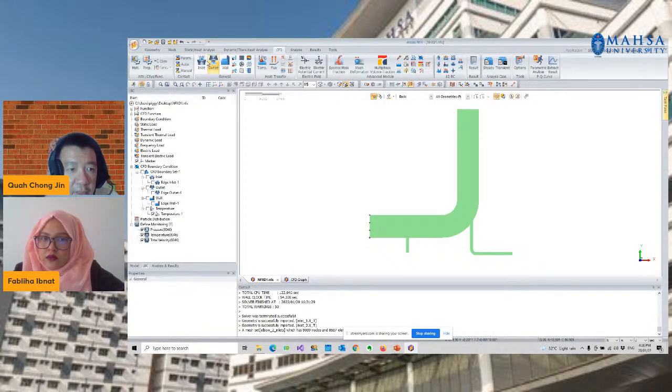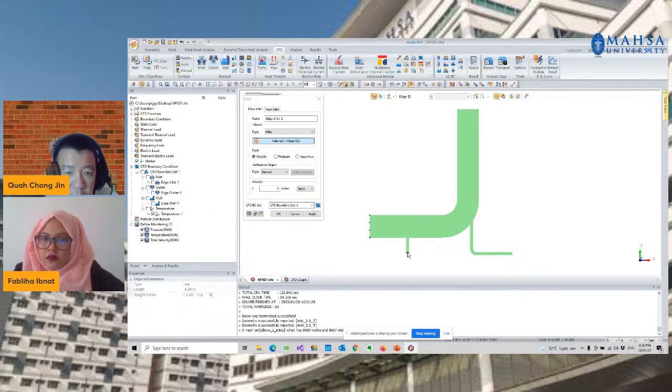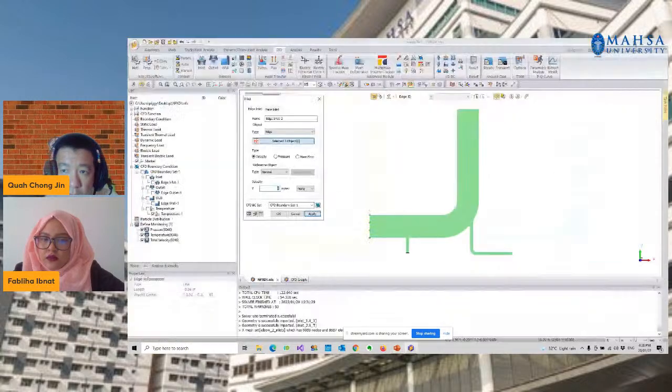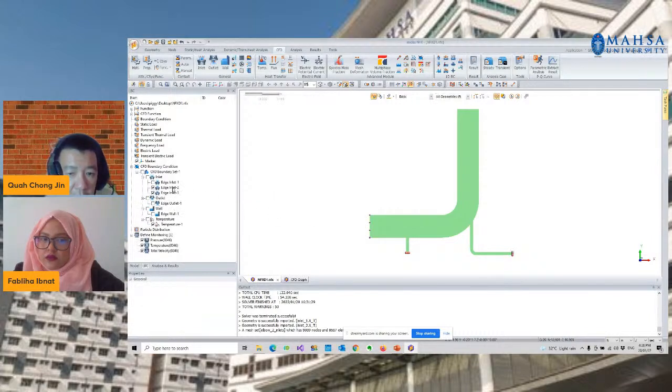We go to CFD, the inlet. This inlet will be 0.4 meters per second, and this inlet is also 0.4 meters per second. So we have one inlet and two additional inlets.